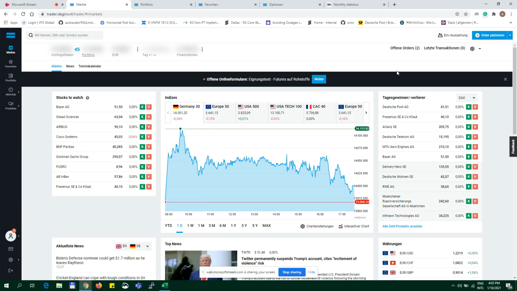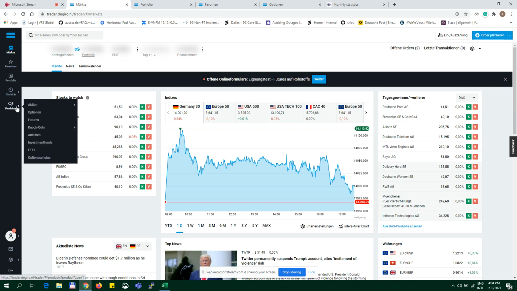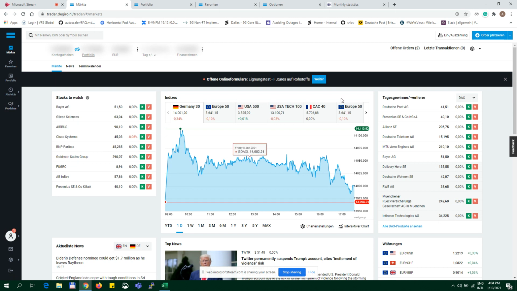So this is how the Degiro GUI looks like. In order to trade options, of course, you can go to products, and in the products you can choose options. But something which is not quite visible here, and which I came to know after some time, is that if you go to the order list in your app GUI, you will be able to see a combination order. Since I'm trading from somewhere in Germany, it says combination order.